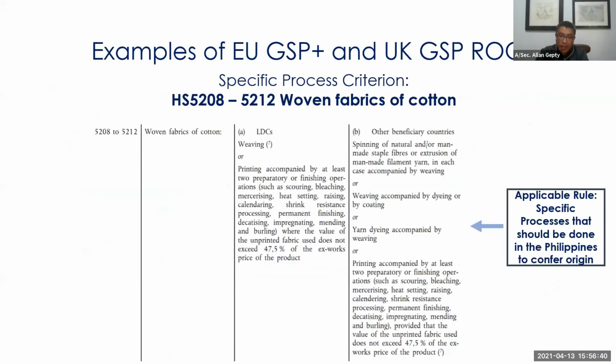Now, another area in complying with the rules of origin is the requirement on certain processes. So in other words, certain products, as I mentioned earlier, will have to undergo specific processes. And usually, this is common with products such as textiles or garments. So for example, the manufacture of garments starting from non-originating yarn confers origin, if the same is woven, and all subsequent manufacturing stages are carried out in the Philippines.